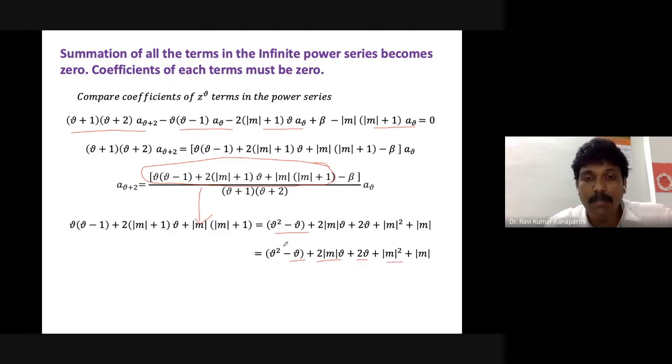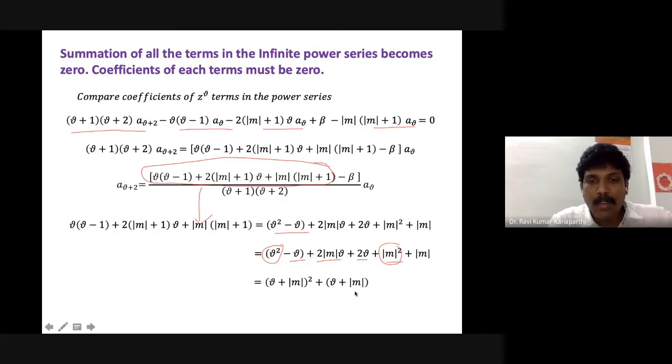So I think you can combine nu squared, modulus of m whole square, 2 modulus of m nu. So it is like nu plus modulus of m whole square, plus if you leave that, what is left over is this term. From this term, you will get a nu. So there is a minus nu, there is plus nu. So plus nu, and here on the extreme right side you have modulus of m. So it is like this.